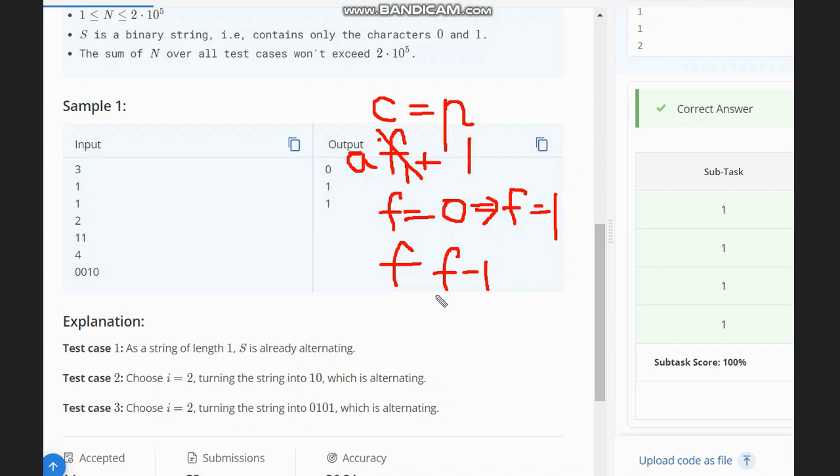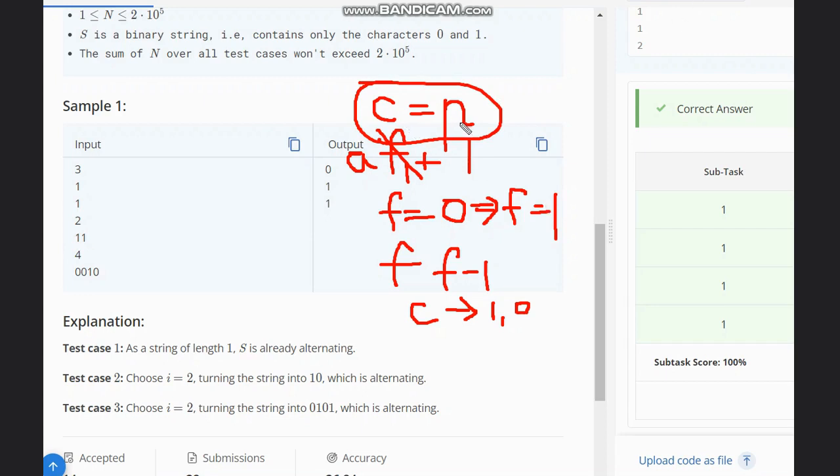After reversing this flip, we check if our character was 0 or 1. If it is 0, we change it to 1, and if it is 1, we change it to 0. All this happens in the case our character is becoming equal to the previous character. So we have flipped that character.